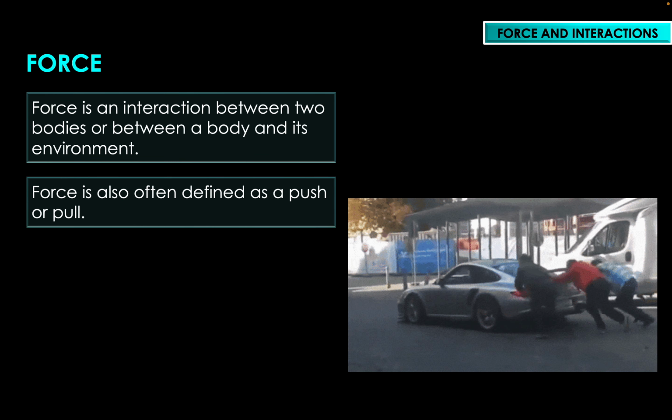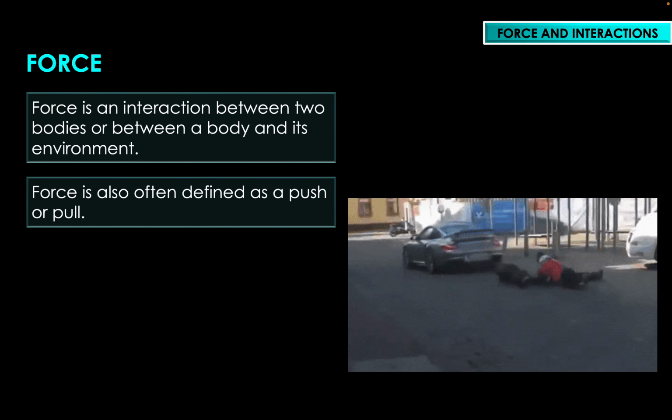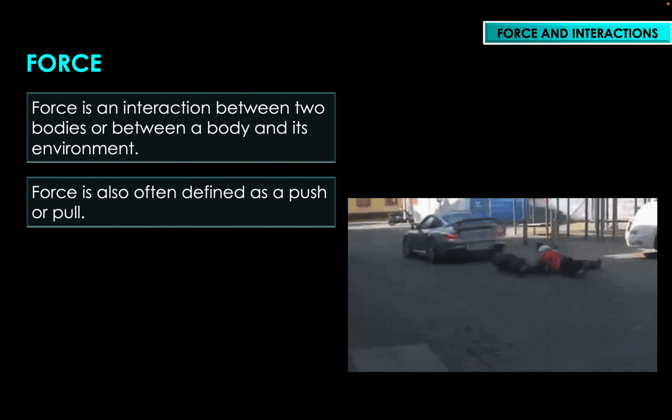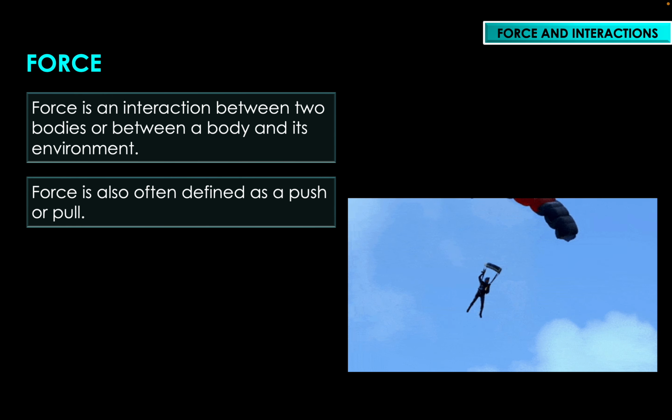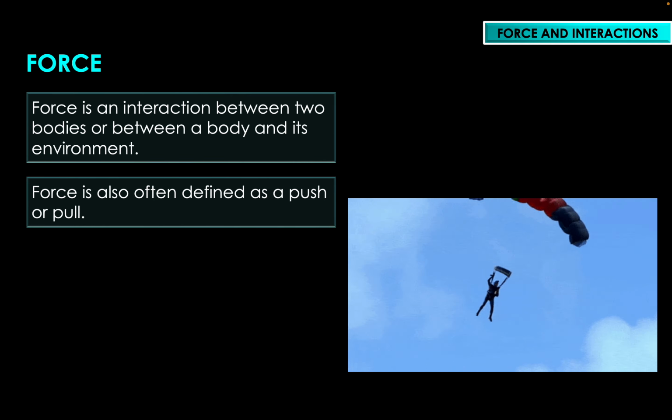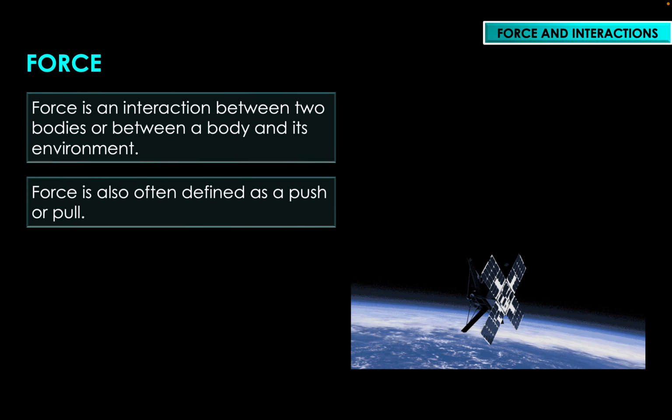or a pull. So in the case of the car earlier, the men push the car forward and the car also exerts a force towards these men. And then here, the air molecules push the parachute upward, and then the parachute also exerts a downward push on the air molecules. But of course, it's not just a push, it may be a pull as well, like the